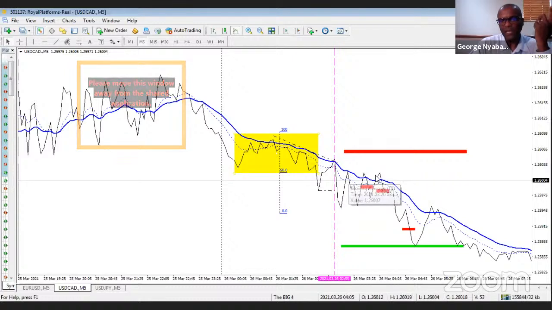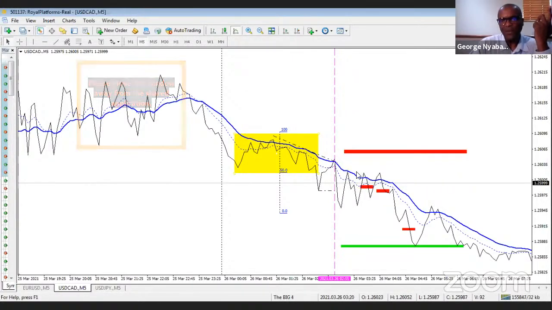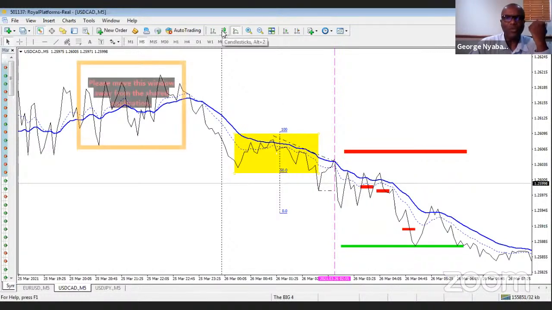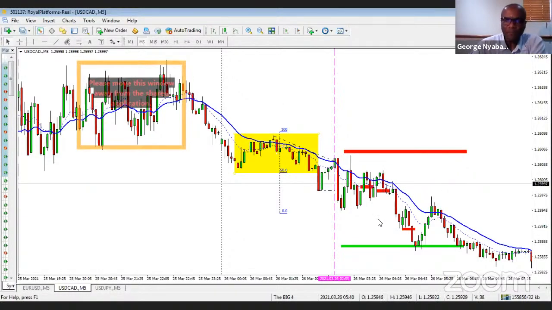You can just see what's happening because you can see there, where we are right now. It was trying to break above, so that's very strange. But we'll talk about that at some other time.